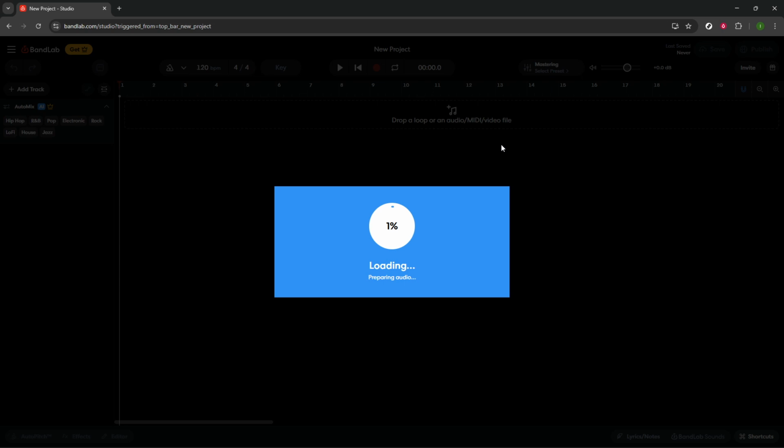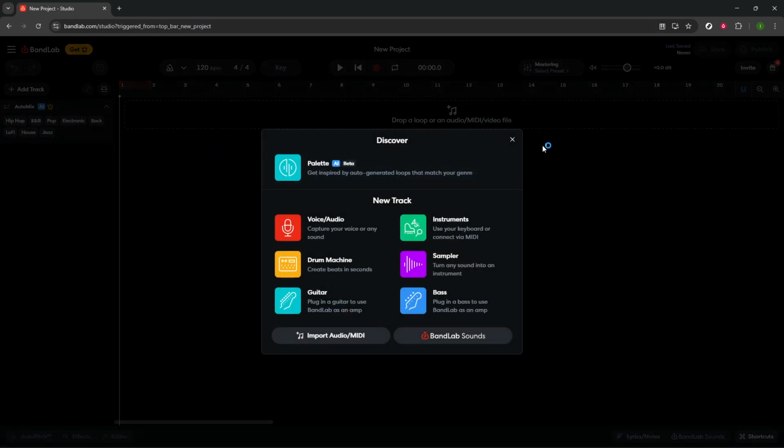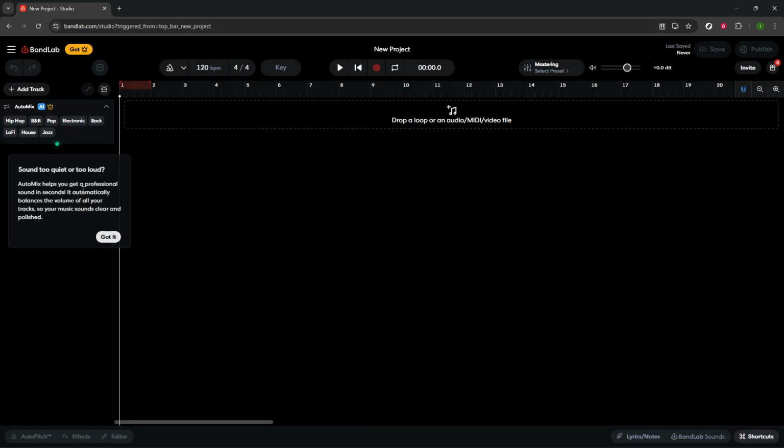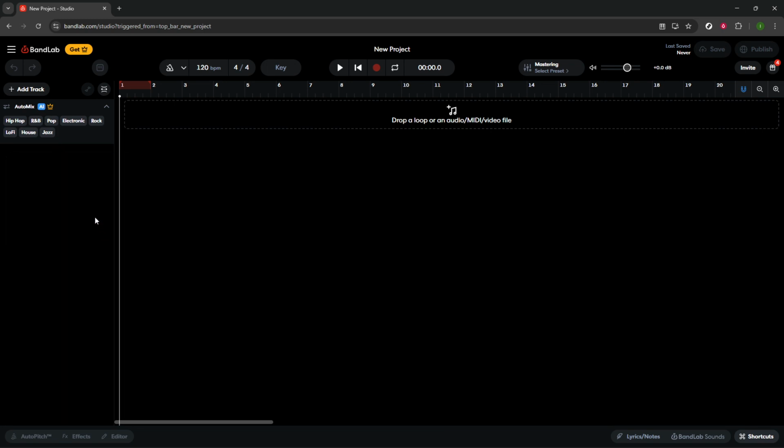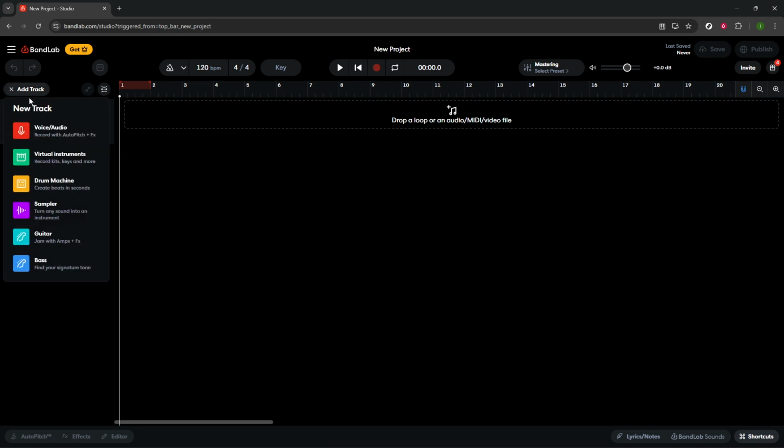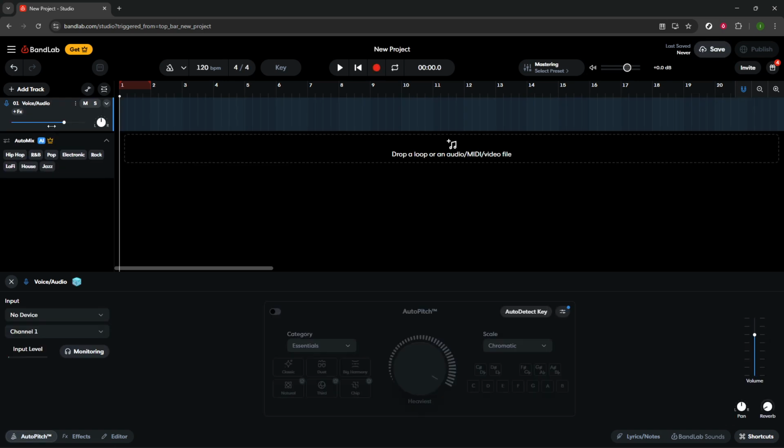Inside the Studio, begin by adding a track. Click Add Track, then select Voice/Audio. This creates an audio track designed for recordings, samples, or any sound you plan to import. Even if you're not recording with a microphone right now, this is the correct track type for bringing in a